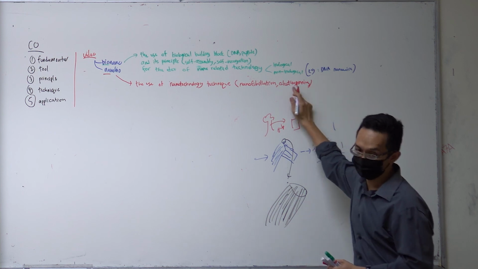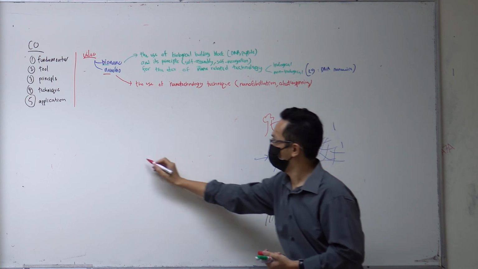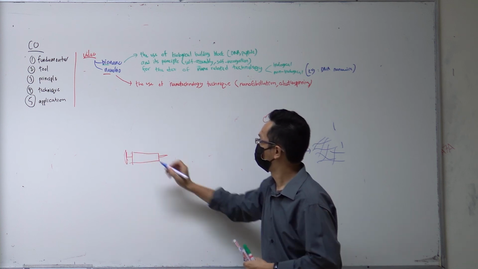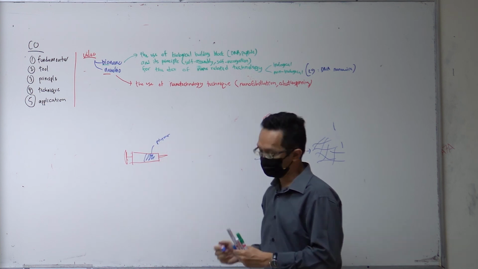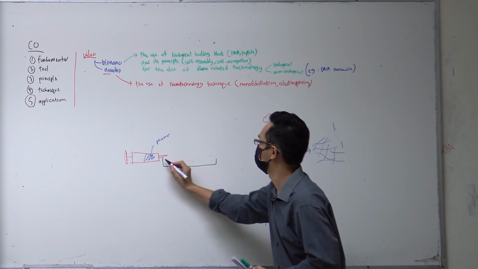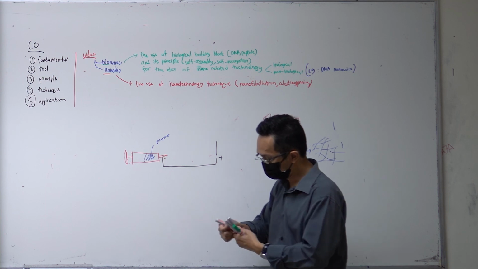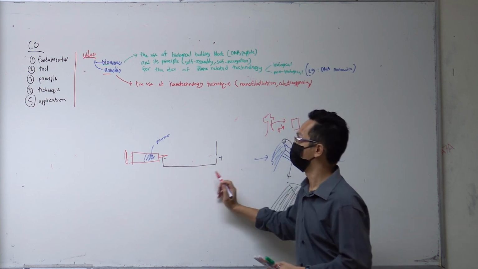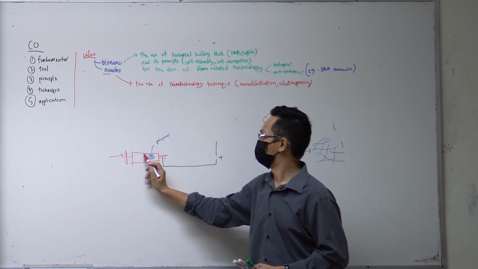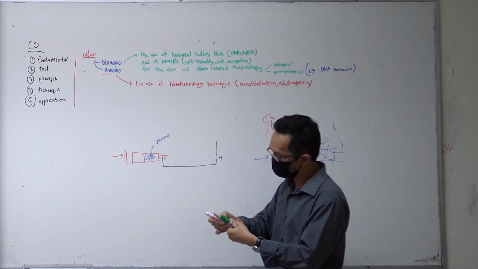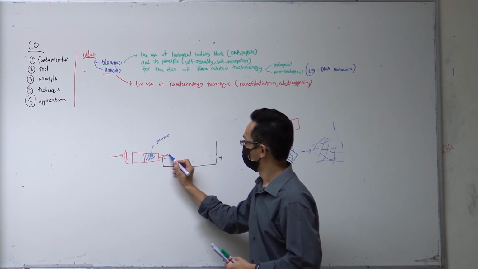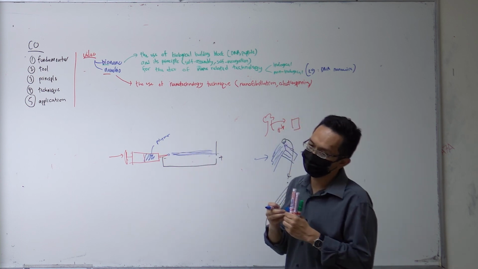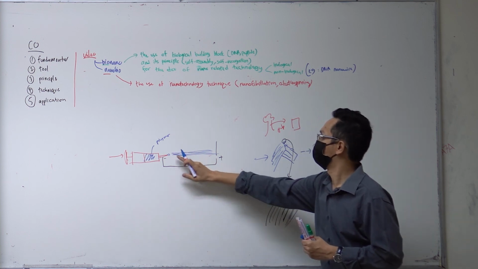For example, electrospinning. What is electrospinning? It's basically you have a syringe, and then you put a polymer inside. And what you do is you apply a voltage potential between here and here. Let's say this is negative, this is positive. Imagine this needle is metal, because you want to use the electrical current. Because there is a potential difference between this and this, when you push this syringe, the polymer inside will be pushed forward, and what will happen? There will be a blob of polymer here, and because there is a potential difference, it will become ejected from here to here, and along the way,